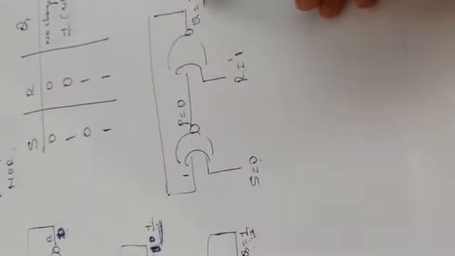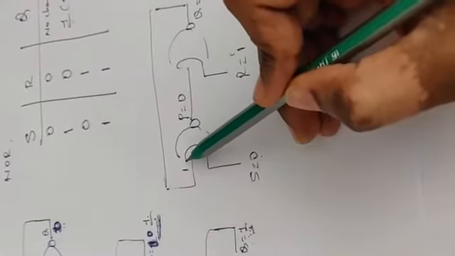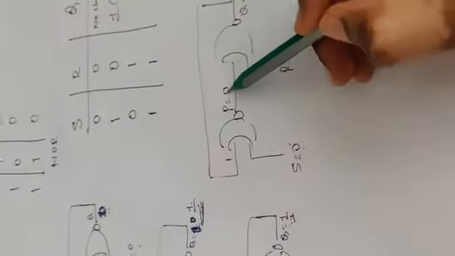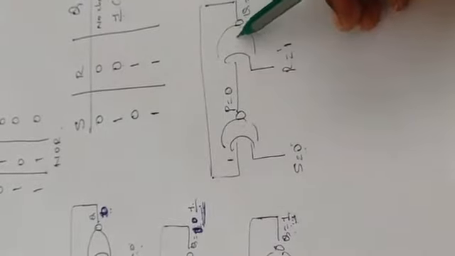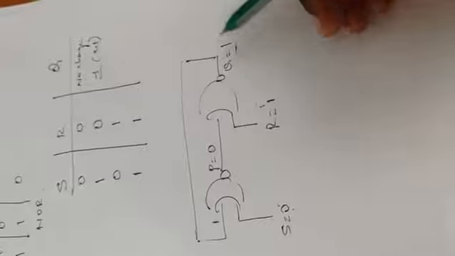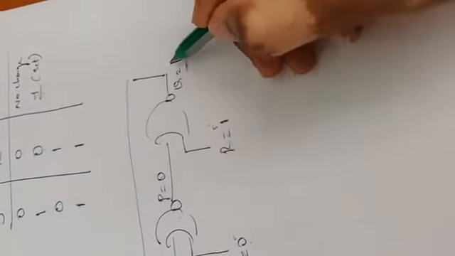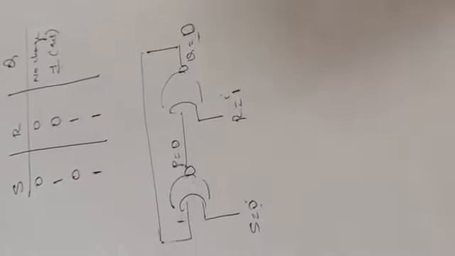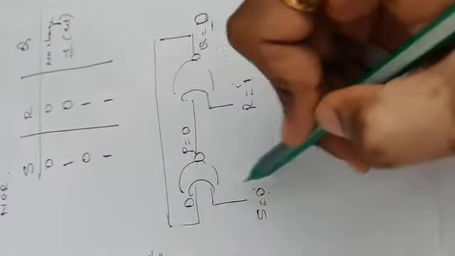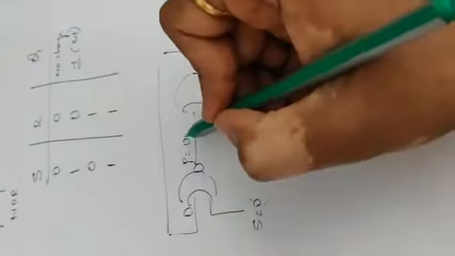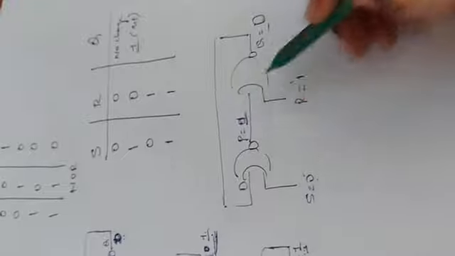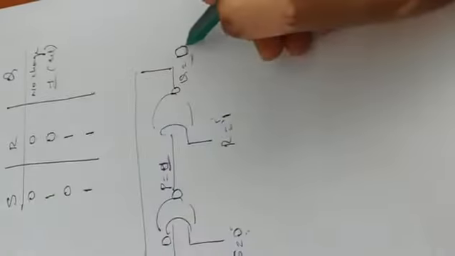So this one will move from here to here. What happens when the input for this NOR gate is 1 and 0? 1 and 0 is 0. And the input for this NOR gate is 0 and 1. 0 and 1 is 0. Now Q will change from 1 to 0. So let me state it now as 0. Again send back the 0 to here. 0 and 0, it will change to 1. 1 and 1, 1 and 1 again it will be 0.